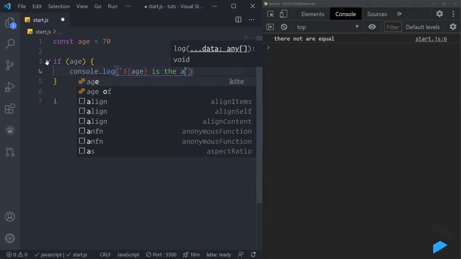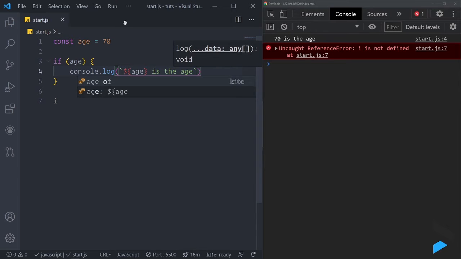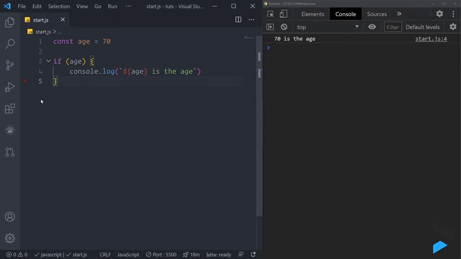Okay, let's try and see. Okay, 70 is the age. I don't know where the I is. Sorry, this is the I typo error. 70 is the age, which means